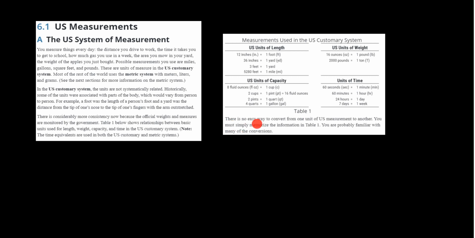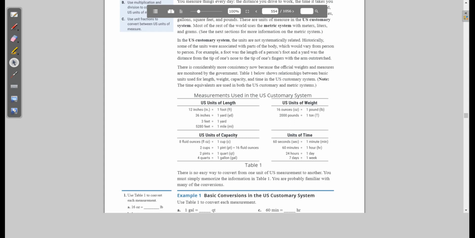And right here, there is no easy way to convert from one unit of US measurement to another. You must simply memorize the information. You're probably familiar with many of the conversions. So yes, you're probably familiar that 3 feet make a yard, 36 inches make a yard, 12 inches make a foot. You're probably familiar with at least these first three. The 5,280 feet in a mile, you have to commit that to memory. You probably know this. I hope you know the units of time by now. The main part of difficulty might be the U.S. units of capacity, but that'll just come to you. All right, so